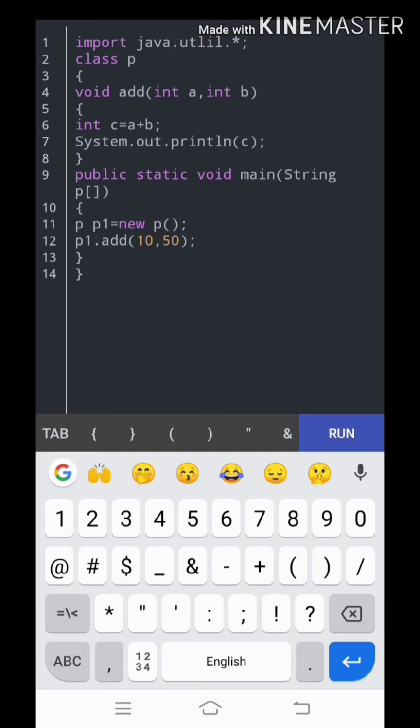When we call that add function, it will directly go to the add function, and a will be declared with 10 and b will be initialized with 50. The summation of a plus b means 10 plus 50, so what we will get is 60. That 60 value will be stored in c and that c value will be printed in the output section.